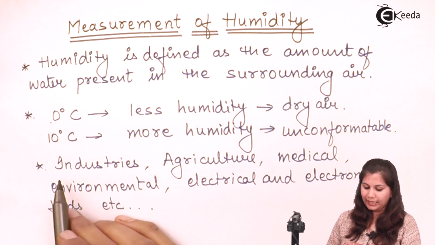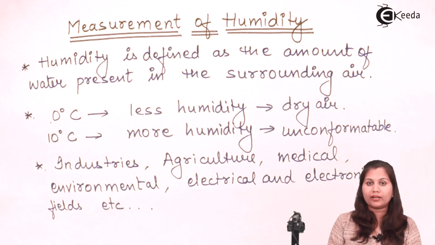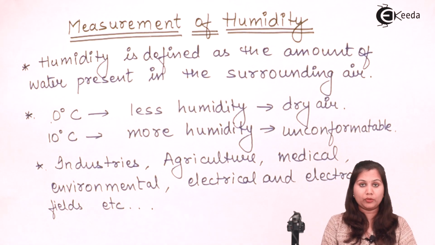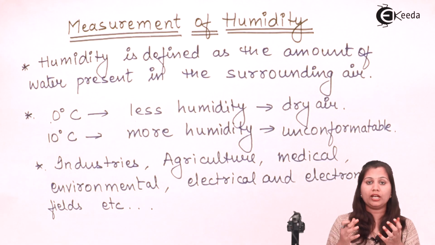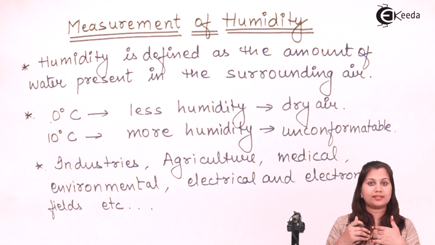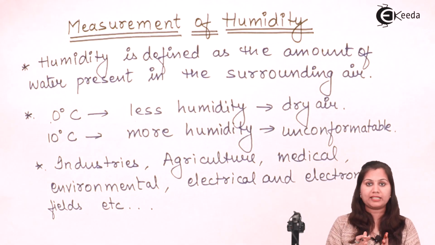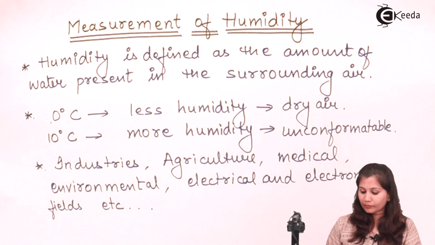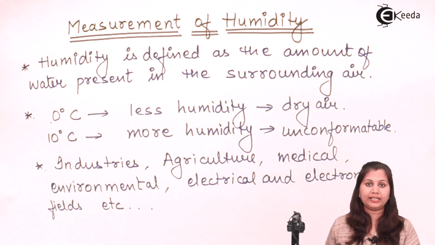In industries we have different processes going on, and if the moisture content in the surrounding air is more, then the oxygen content will be less and the chances of fire will be less. So you can see that humidity affects the conditions of fire in industries. In agriculture also, if the humidity changes, then it affects the growth of the